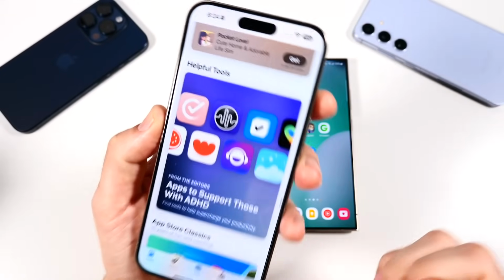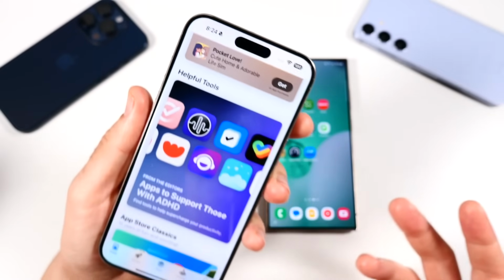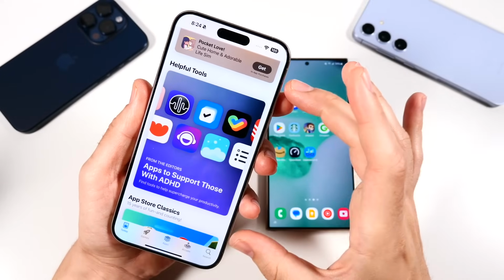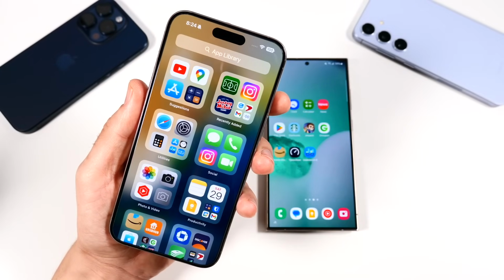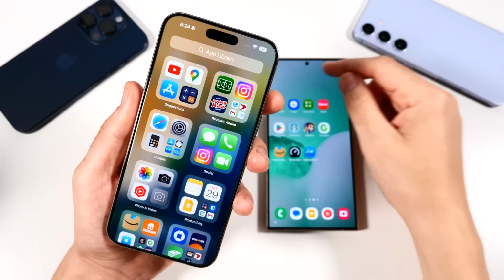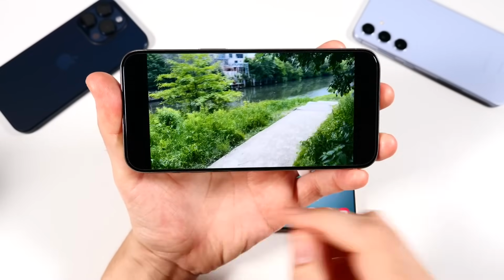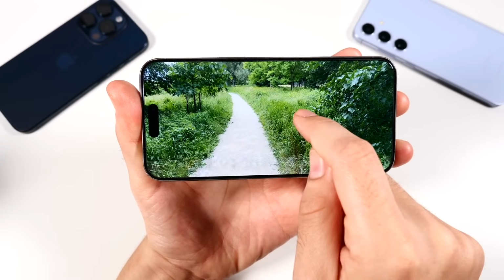It's just this Dynamic Island is really kind of in the way, I feel like, of definitely enjoying a long-term session, unless the content was shot in a different format where it doesn't really cut into it. If it does, it's definitely a little bit annoying, but you get over it. I'm just saying, when you're comparing it to a smaller punch hole, it's noticeable. So this is what I'm talking about. This is a video I took. If the content is like this, you won't even care about the Dynamic Island, but once you go like this,